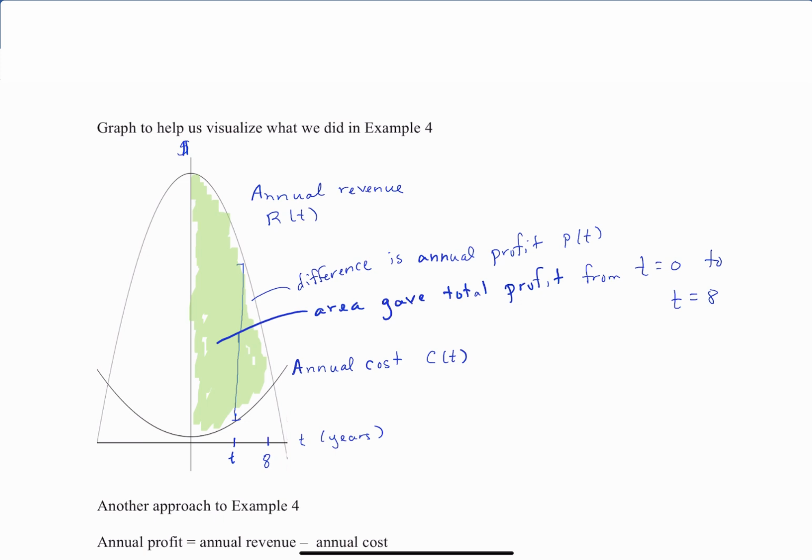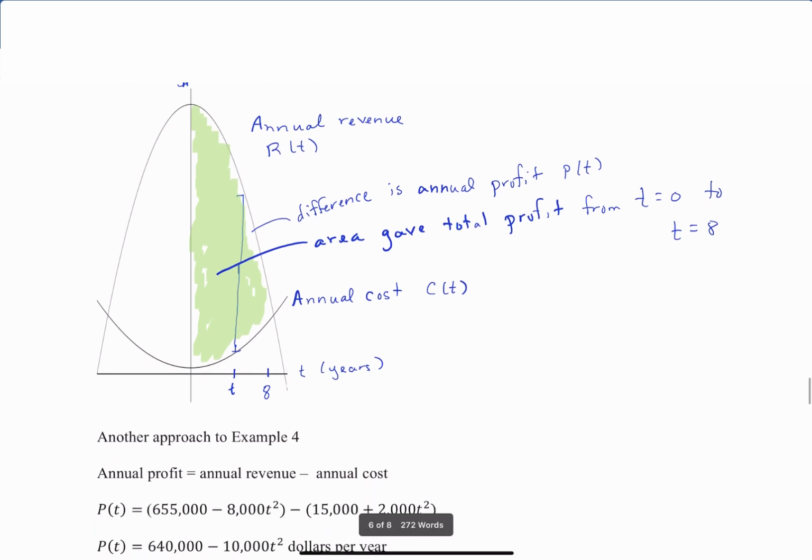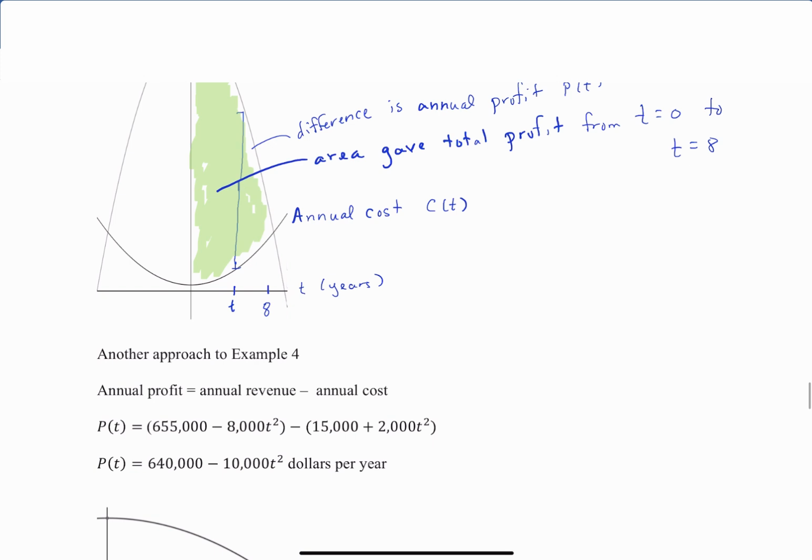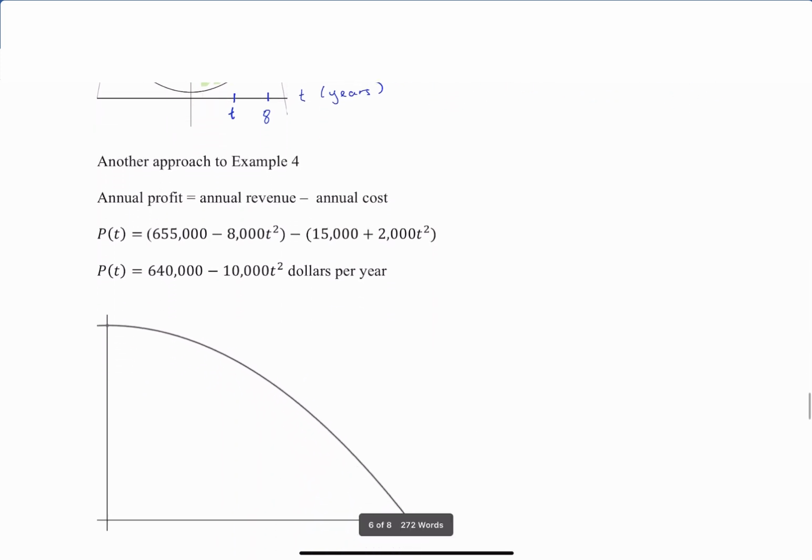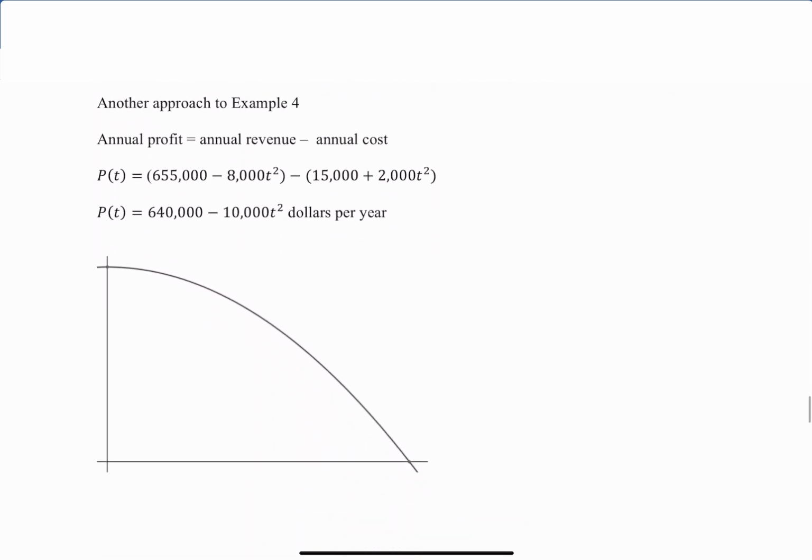Now, there is another approach to this problem that might have occurred to you, and that would have been to say, well, since annual profit is annual revenue minus annual cost, why don't I get the profit function before I start doing any integrating? So you would get P of t equals 640,000 minus 10,000 t squared dollars per year. And of course, that was the integrand we ended up using. But you could start there and say,